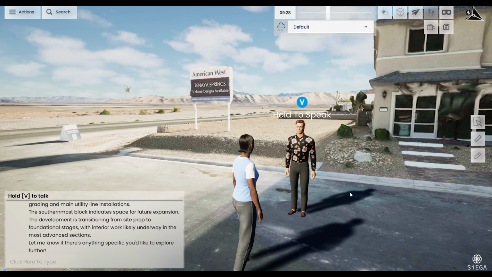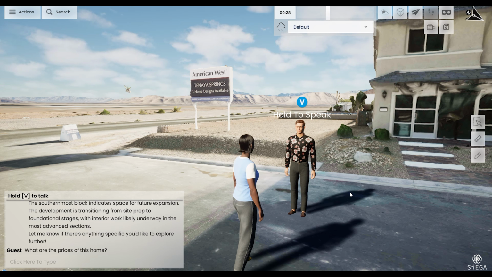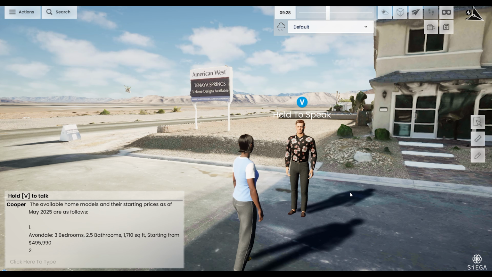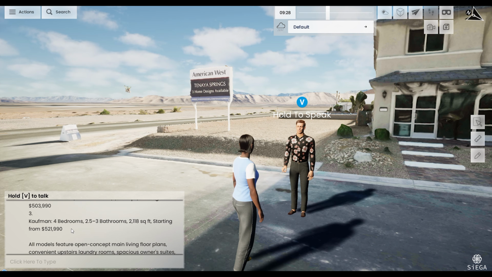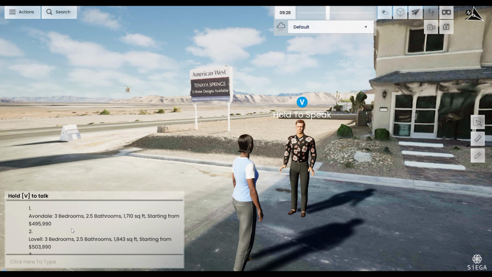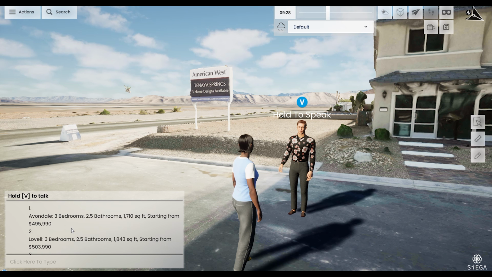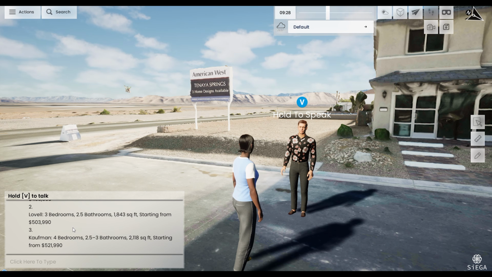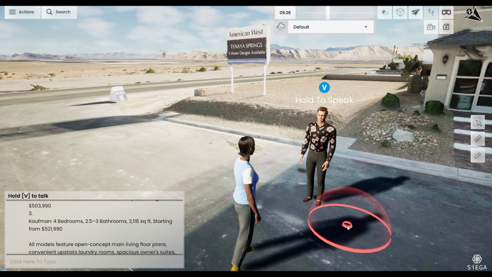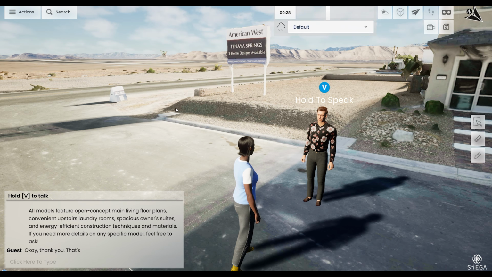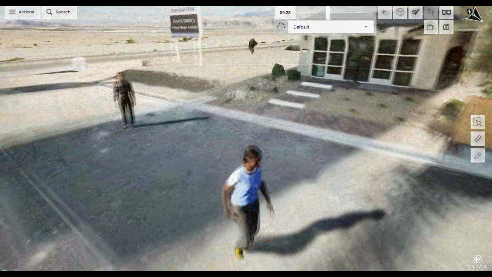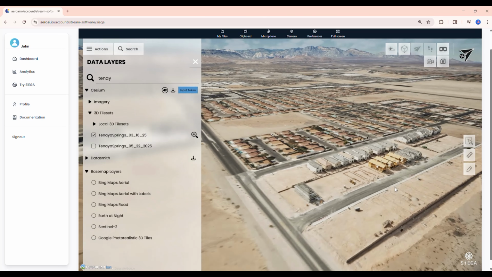What are the prices of this home? The available home models and their starting prices as of May 2025 are as follows. 1. Avondale, 3 bedrooms, 2.5 bathrooms, 1,710 square feet, starting from $495,990. 2. Lovell, 3 bedrooms, 2.5. Okay, thank you. You're welcome. If you have any more questions or need